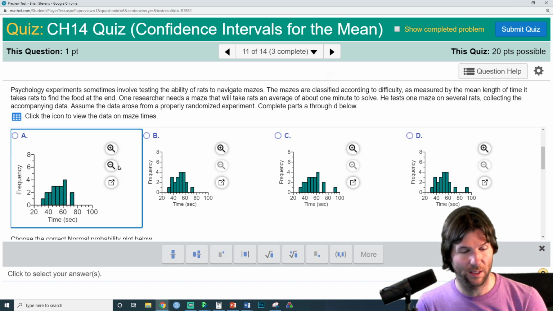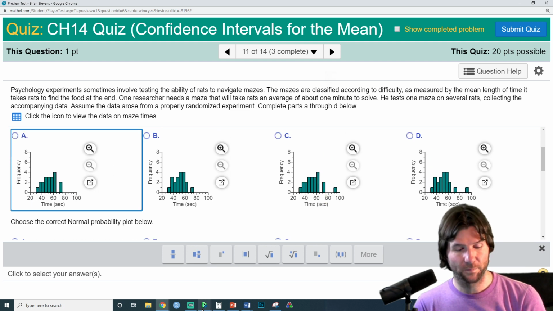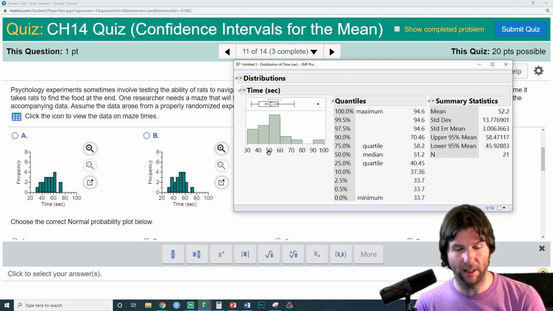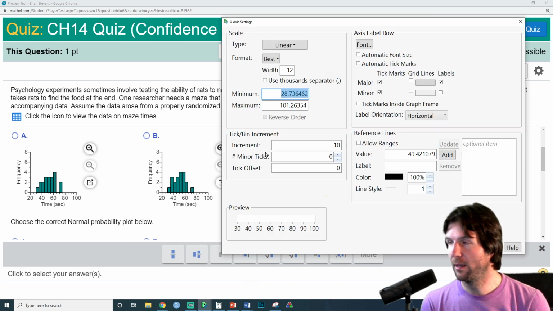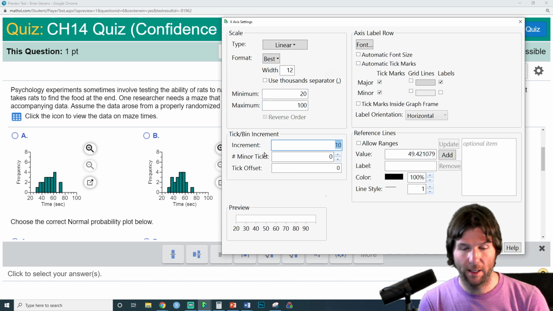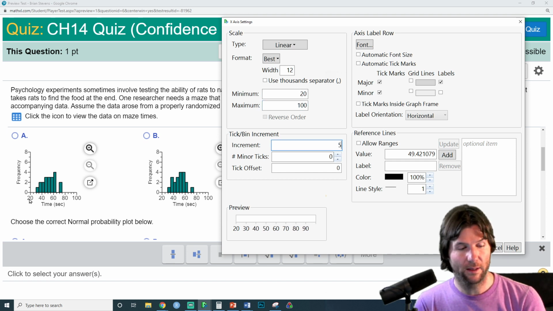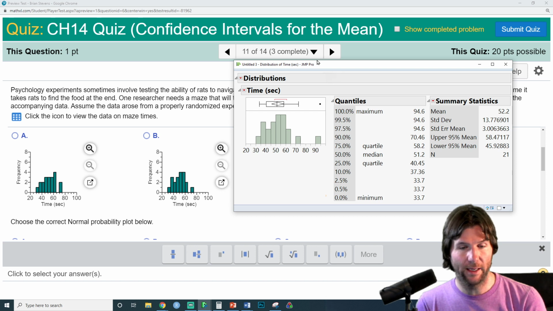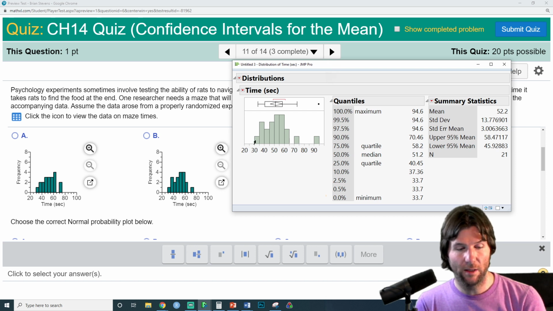Let's decrease the font size here. And so let's go back in, double click right here. And now we're going to go from 20, I'm going to hit tab, to 100 and hit tab again, by increments of 5. The lower bound here is 20, the upper bound is 100. We're going by increments of 5. We click OK, and now we see which graphic looks like ours. If you notice,